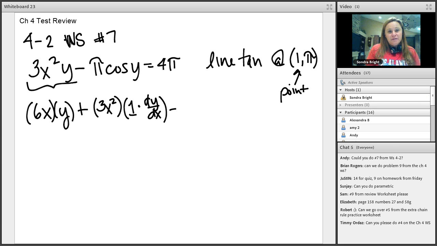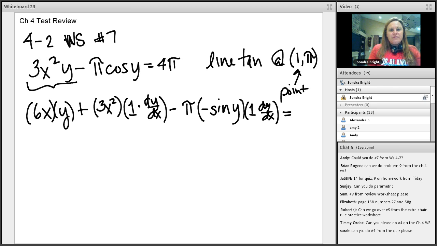Pi is a number, so that's just a constant out front, so pi, times the derivative of cosine, which is negative sine of y, times the derivative of y, which is 1, but then dy/dx,